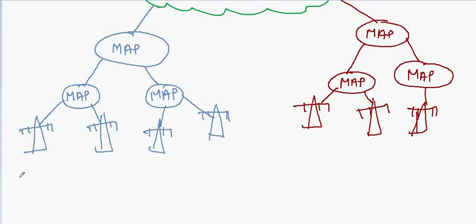If I have a mobile node which is connected to this access router, then the access router will give a care of address, and the mobile node should also register to one of the maps. So it can register to this map or this map. If the mobile node is registered here, say it's registered here, then